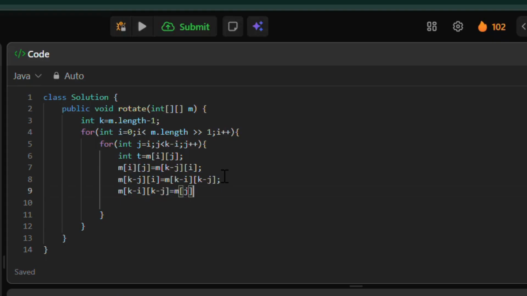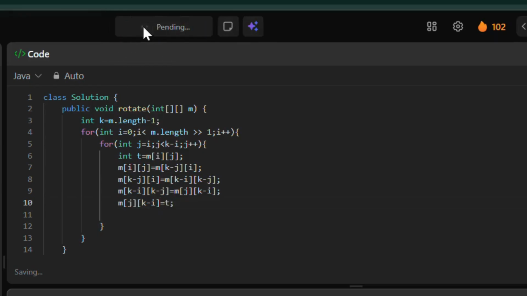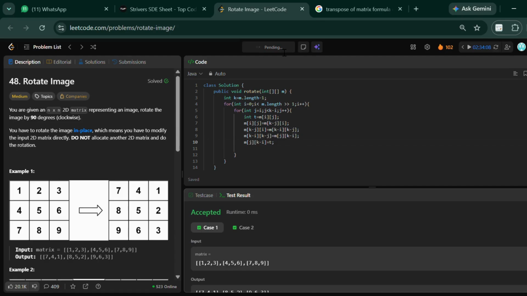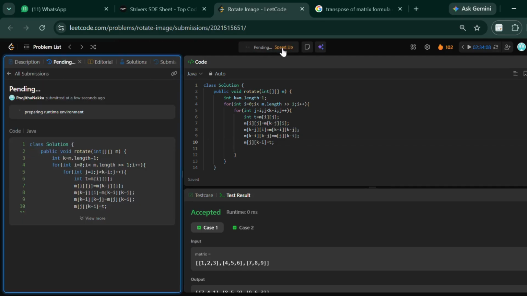Here we are only discussing corners. That doesn't mean only corners will be replaced. Here every element in the rows is swapped, but we are only talking about corners because we will get a better idea of it. Next, we have to swap the second position with the first position element, but the first position element has already been swapped with the fourth corner element, so we don't have the first position element. That's why we have stored that in a temporary variable, and now we are swapping that with the temporary variable, and that is how